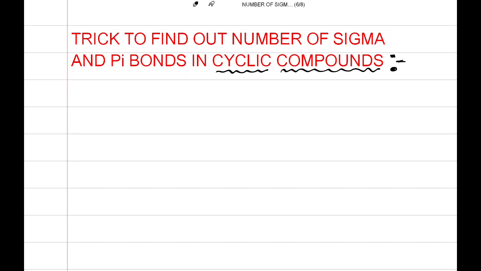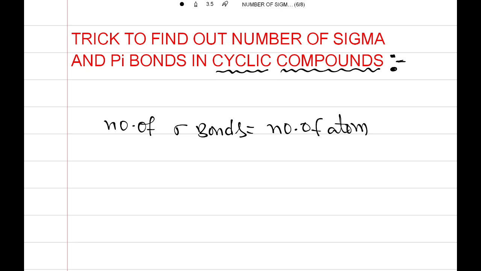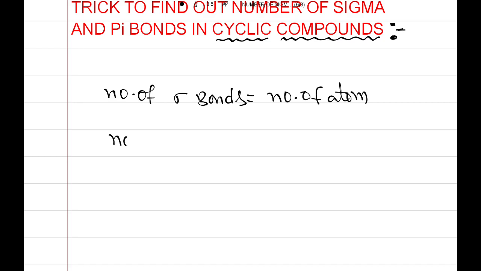Hi students, in this video I am going to discuss the trick to find out the number of sigma and pi bonds in cyclic compounds. So in cyclic compounds, how do we find the number of sigma and pi bonds? The number of sigma bonds is equal to the total number of atoms present in the molecule. And if you come to the number of pi bonds,